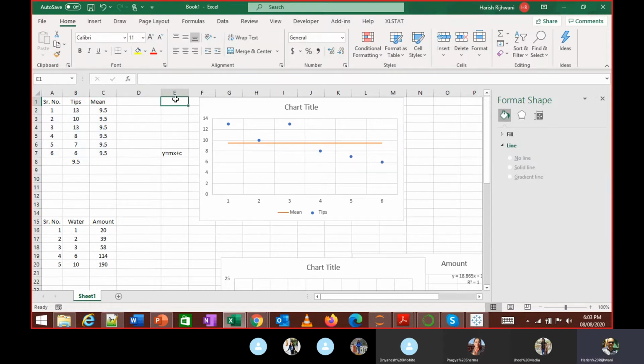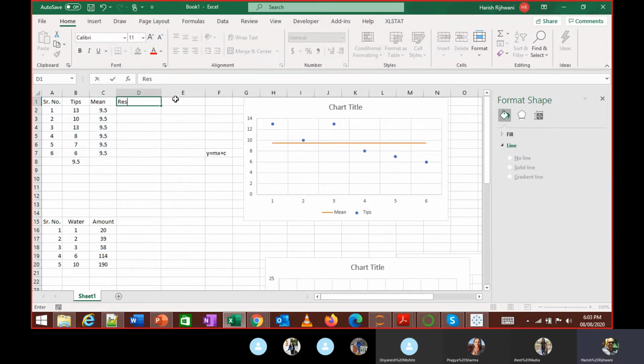So if I look at it, I have some residues, the difference between this and, let's say, the mean minus this. And when I look at it, the sum of these residues is going to be 0.